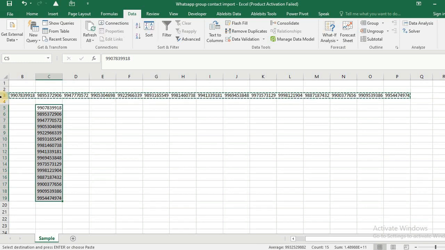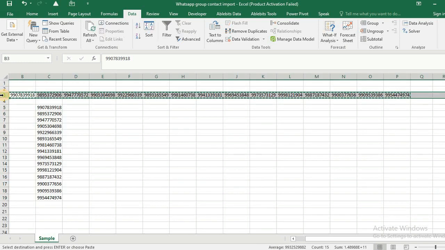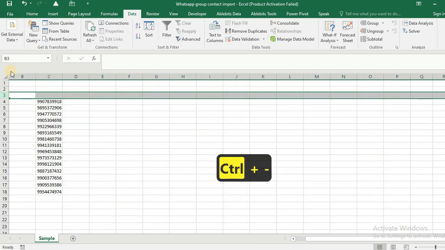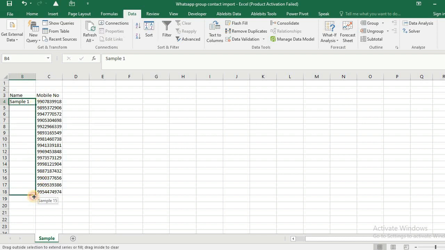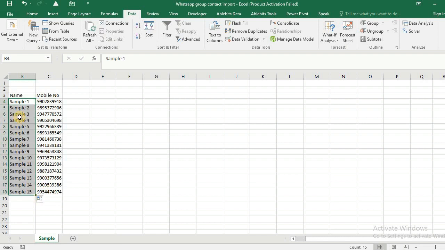My numbers are now arranged vertically. I can delete that. These are my mobile numbers and I can save it with any name I want. Say this is sample 1. So these are the names of the contacts.